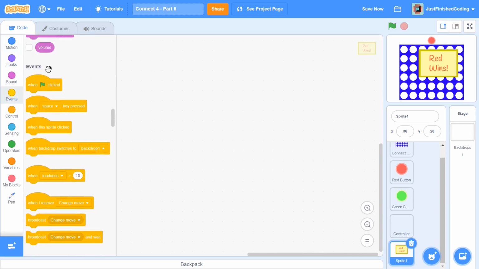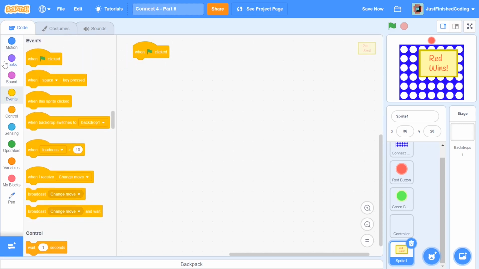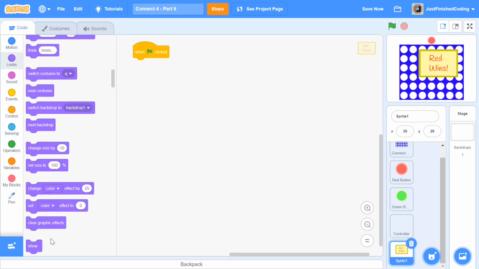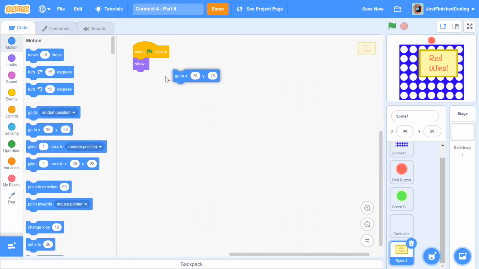So when the green flag is clicked, what I'm going to do is hide the end screen, because we obviously don't want this to show when the game has just begun. But we also want to go to some coordinate right at the top. If you remember, right at the beginning, the end screen came down with a sound effect, and that's what I'm going to do. So I'm going to say go to, X is going to be 0, but Y is